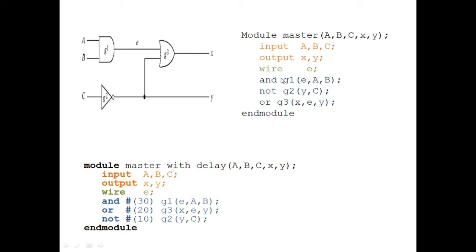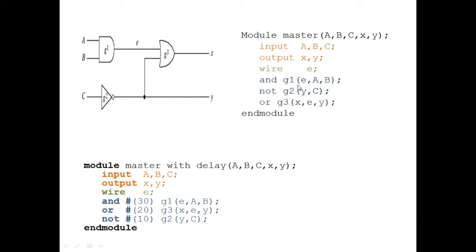So after this one, I need to define the module master. That means how the logic circuit or how the hardware is being realized. I am having one AND gate, one OR gate, and one NOT gate. So that means I need to follow some sequence order. Like the OR gate cannot be evaluated until and unless it receives some input signals. So these input signals are generated as an output of this AND gate and NOT gate. So let me complete the AND gate and NOT gate. Then I will define the wire X and wire Y here.